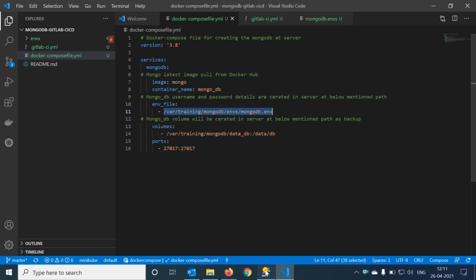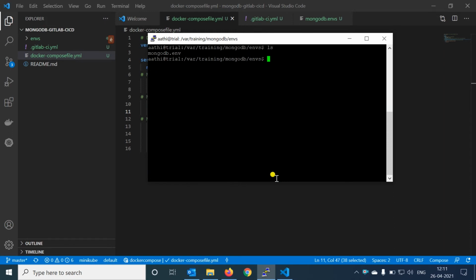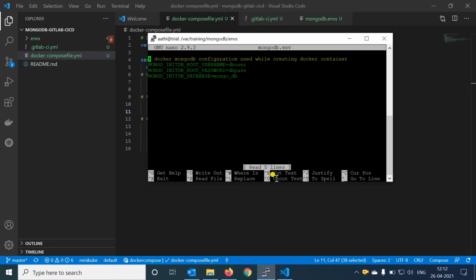This is my path. Whatever you want you can create here in my cloud virtual machine. I have already created that path, and I have created the MongoDB environment file with sudo nano for editing.